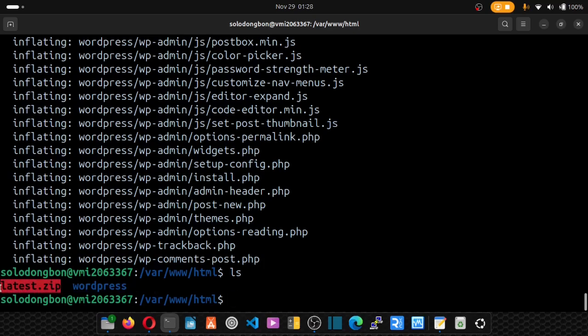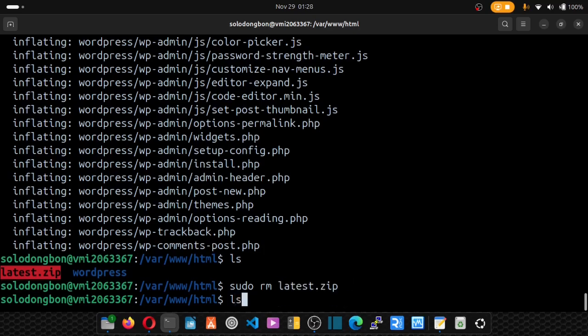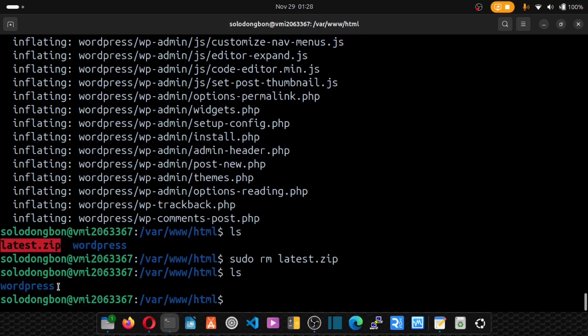Okay, let's remove this zip file. So let's put rm or sudo rm, sudo remove the name of that file, hit enter. So remove it. Next,